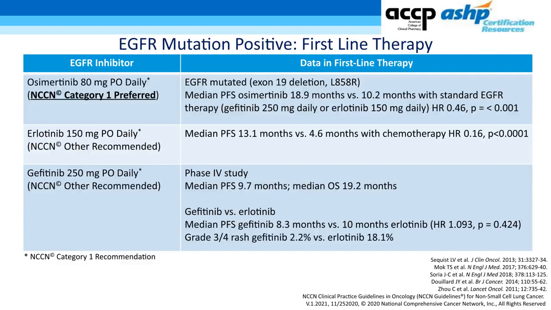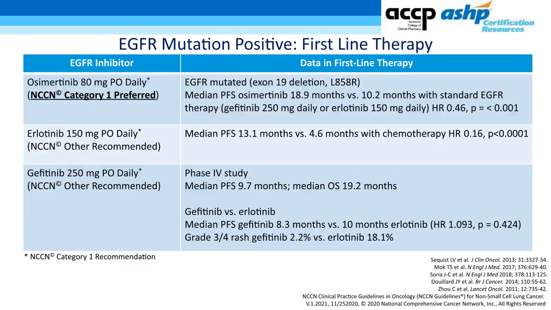As we dive into first-line treatment for patients with EGFR mutant disease, you'll note that having EGFR positive disease on molecular testing is identifying a mutation within exon 19 deletion, or L858R. Osimertinib at this point in time is the one and only category 1 preferred recommendation, and this was based on